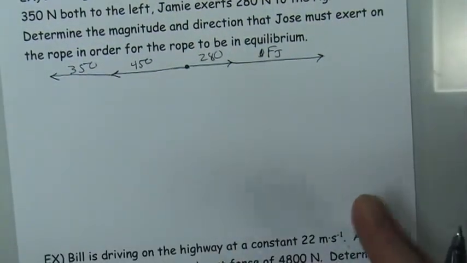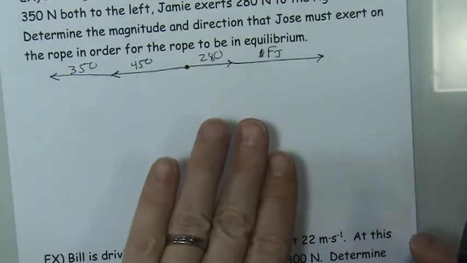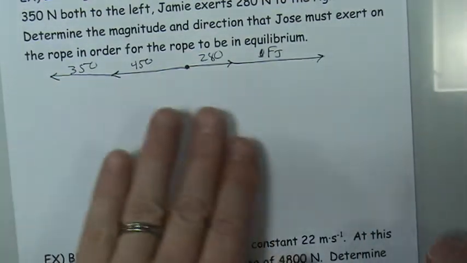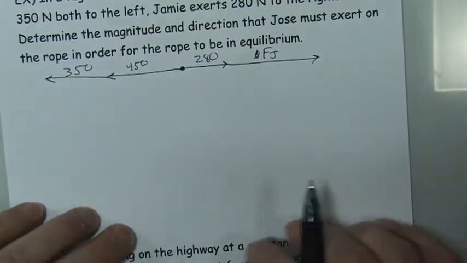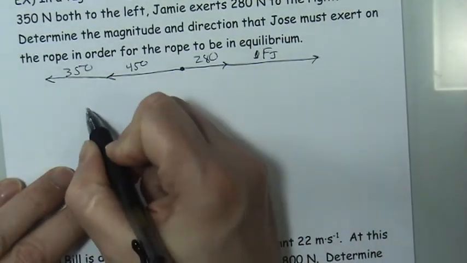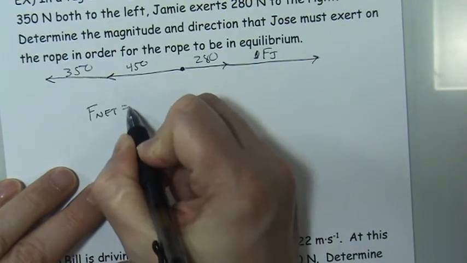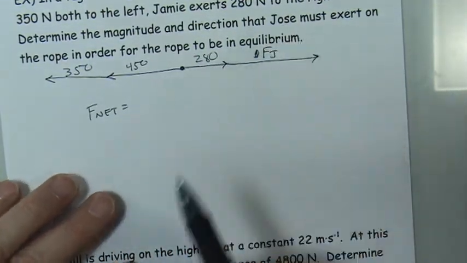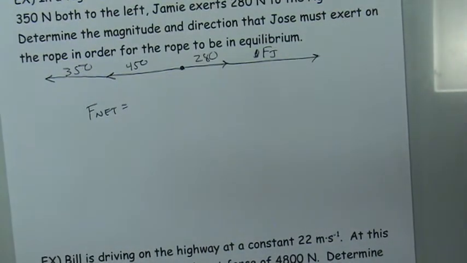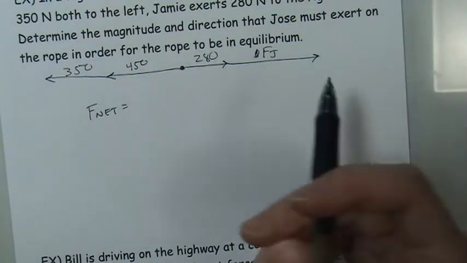And now I'm ready to go ahead and write the equation for, I'm only going to look at the horizontal motion. I'm never going to look at the vertical and horizontal motion at the same time. I'm only looking at the horizontal motion. So in this case, I know, because the problem told me, that I want the rope to come into equilibrium. So I want Jose to pull just hard enough. And you can imagine, if you're a strong adult, that maybe you would add force, and you don't want to purposely win by too much, so you're just trying to hold the line. You just want to make sure that the rope is in equilibrium.